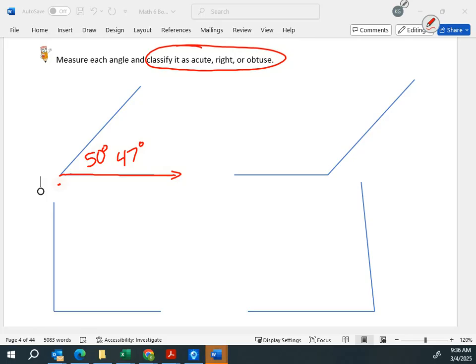So remember we had our 4 angle types on the first page. What would I classify this as, Nolan? It's acute. It is less than 90 degrees. So I'm going to write acute. So I marked my angle measurement, and then I classified it. So you have 3 more angles to measure on top and classify. And then on the bottom,